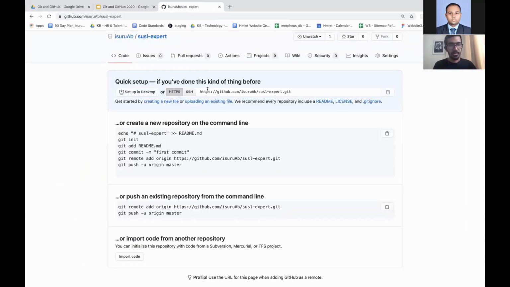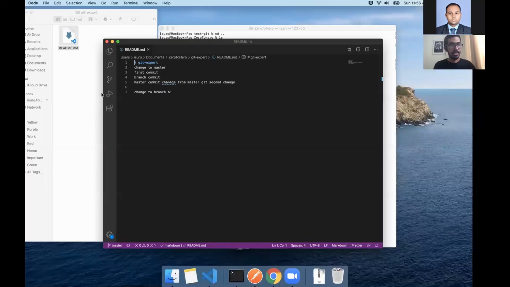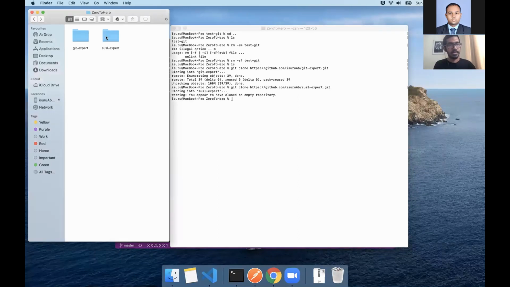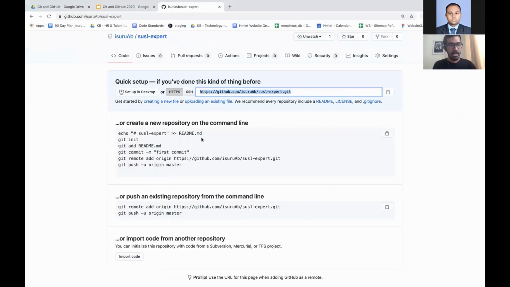Okay. I'm going to get this repository URL here, and I'm going to the terminal and git clone again. Okay, it creates a new folder. Actually, inside that there's nothing. Okay, now I'm going to create a